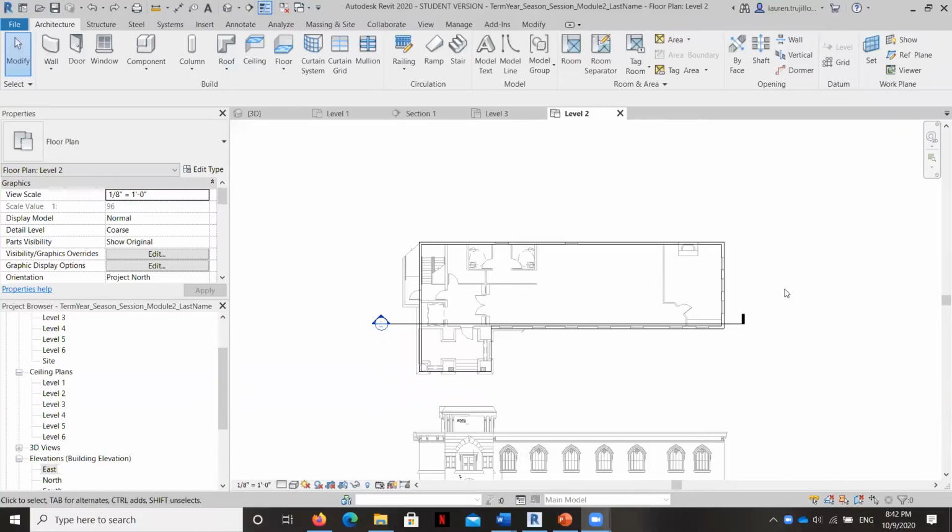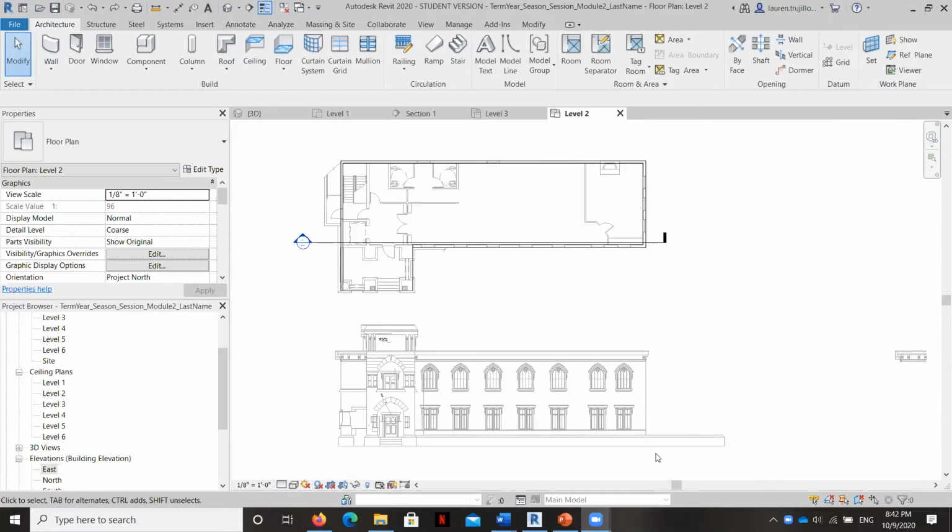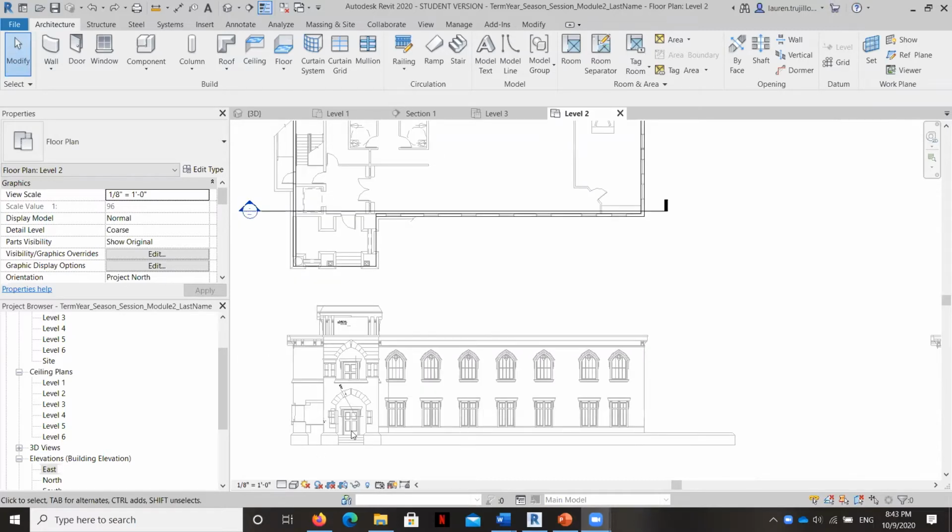In this video, I'm going to teach you how to draw walls. Before we begin, I want to just kind of walk you through the exterior of this building and give you some information about it. As I've already mentioned, this section in the middle or on this side is going to be sort of done as its own separate piece.